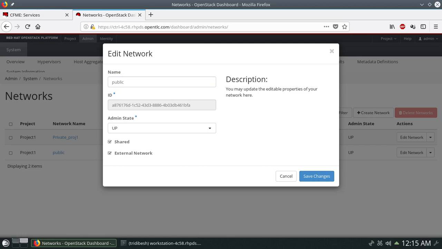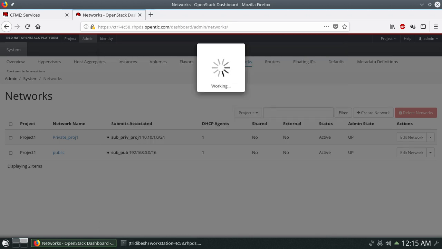Why are we making it an external network? So that it will be able to communicate with the external world, whereas shared means we can have this network as a shared public network for various projects. We have project 2 also, so if you want, we can use this as a public network for project 2 as well. Once you're done with that, you click on save changes.